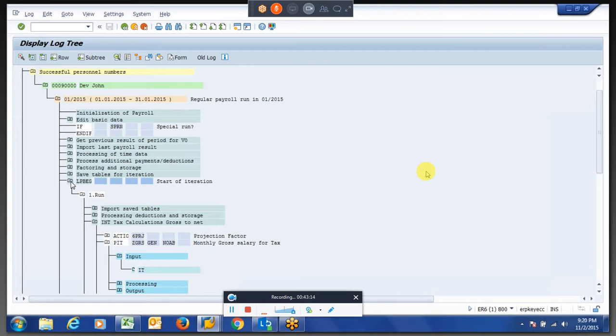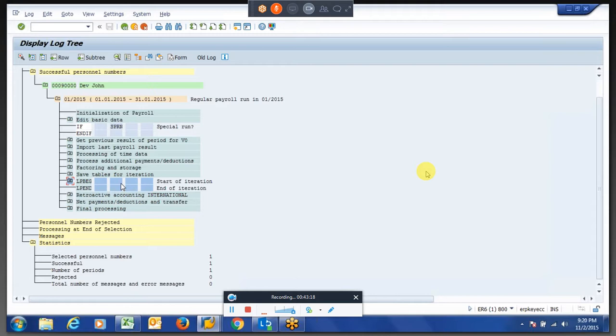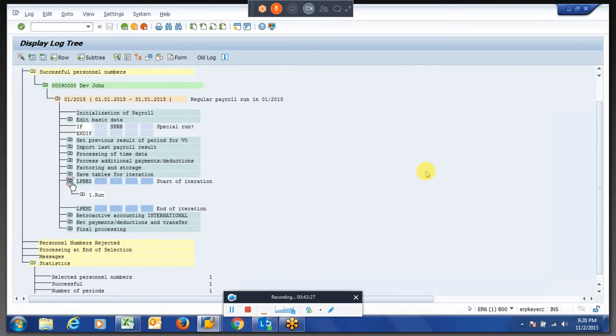I think we have to make the wage types pass to the IT table, whatever the deduction wage types we have written. Why? Because we are going to process all the deduction wage types over here.